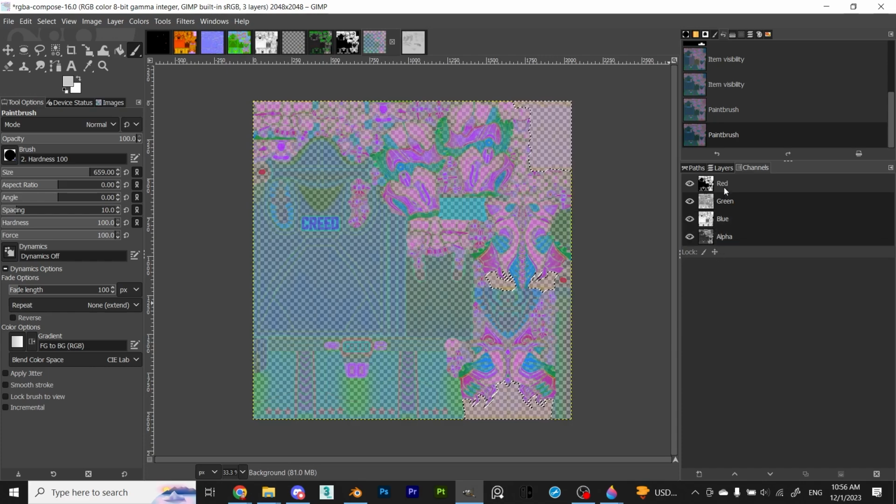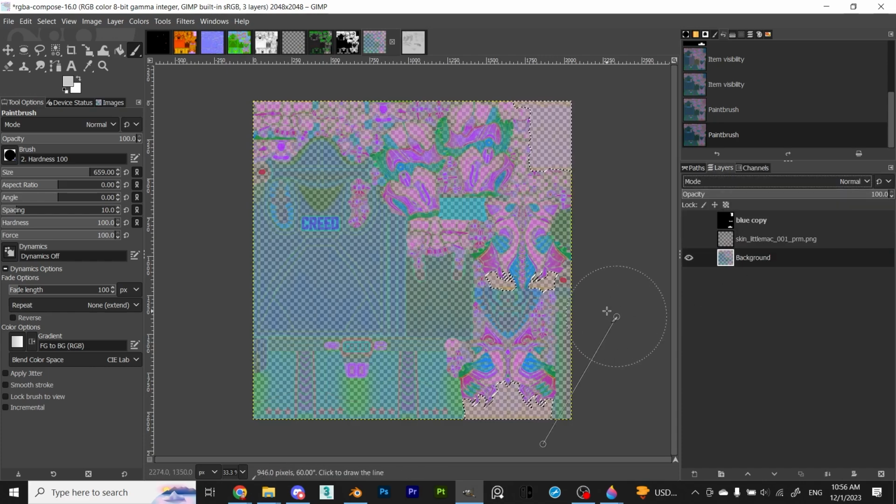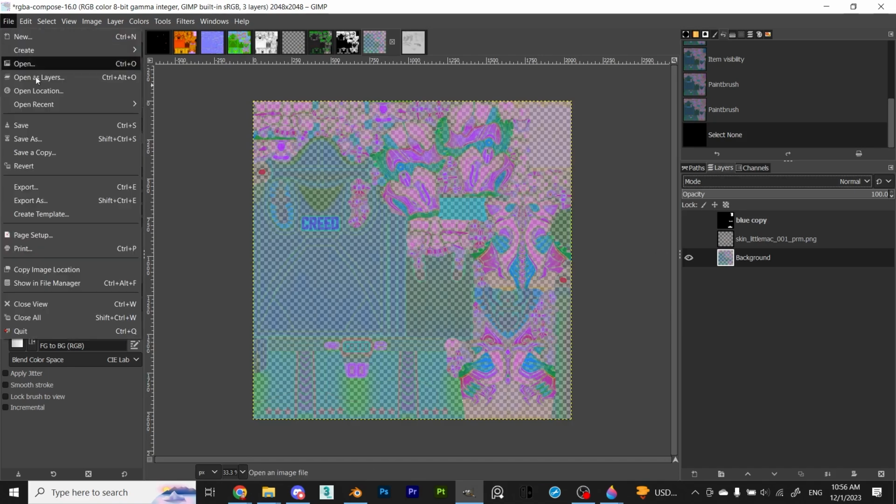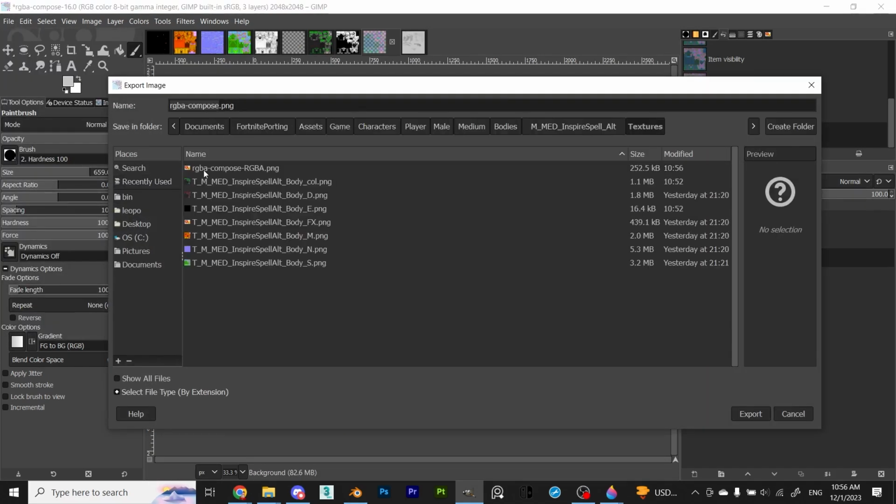Once you have all that done, you can export the PRM texture. Also, for GIMP users, I would recommend turning on the save color values from transparent pixels option when exporting.